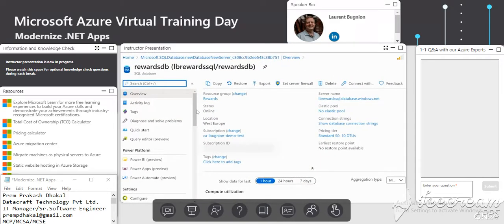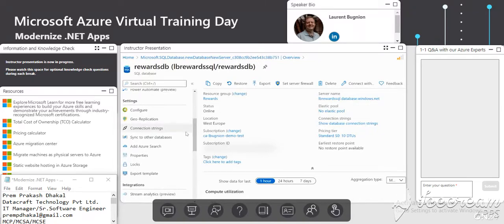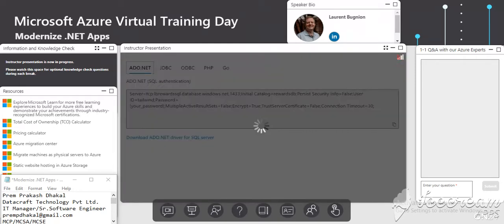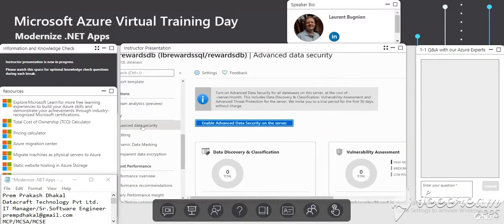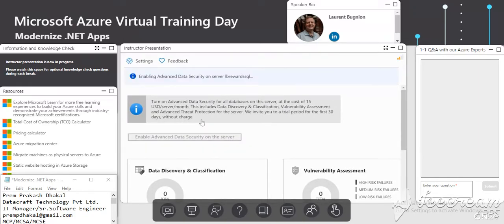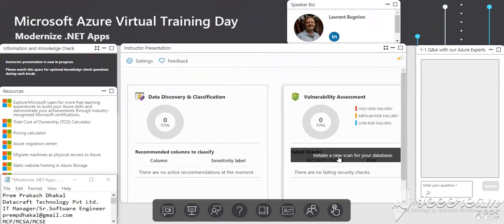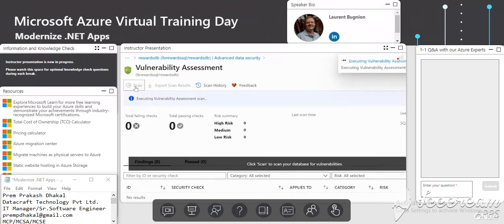And as you can see, this is a database dashboard, not the server dashboard. This is really the database here. I have different connection strings, all right? ADO.NET, JDBC, ODBC, PHP. We talked about. Now this is an additional cost of $15 per server per month, all right? This is per server, not per database. And it's really good because for $15 you're going to have peace of mind. We are going to run some assessments on a regular basis, all right? And it's going to show you